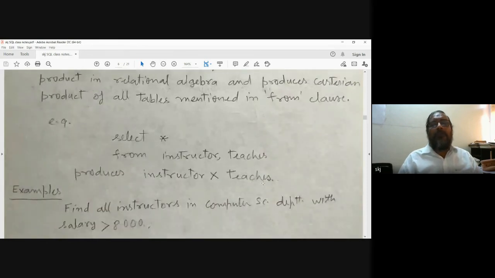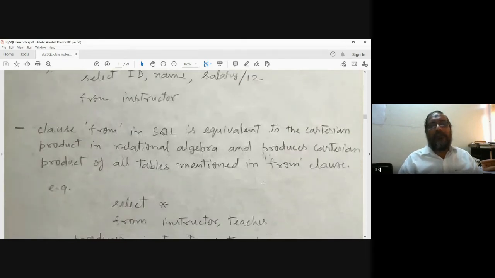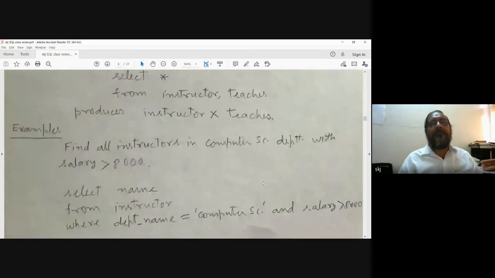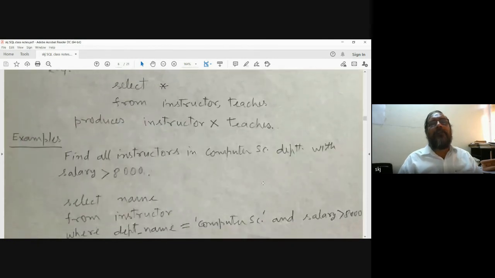So if you write this query, select star from instructor, teaches, what will be the result? This query will give you the Cartesian product of instructor and teaches. Experiment number 4 is like this, so you can directly carry it out.